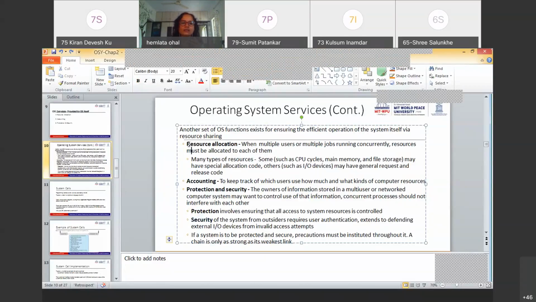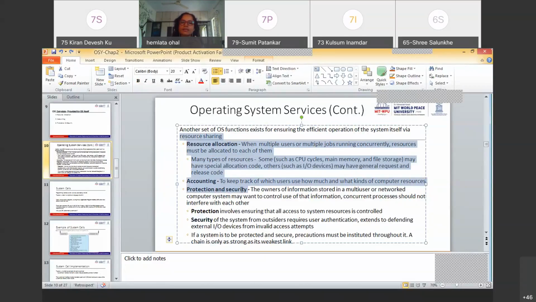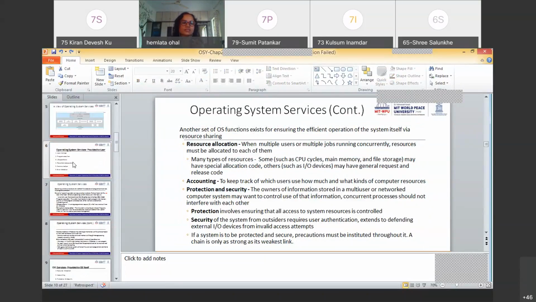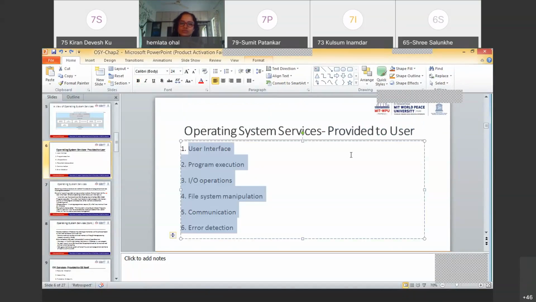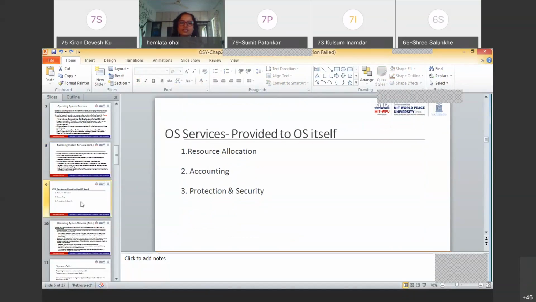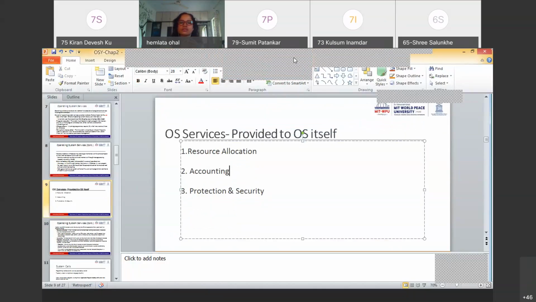So these three are the services provided by the operating system itself. One is resource allocation, second is accounting, and third one is the protection and security. With this, we have done with services provided by the operating system, and we have seen services provided by the operating system to the user. These are the sets of the services which OS provides to the user, and we have seen the second set of the services provided by the OS to the OS itself. With this, we have done with the services of